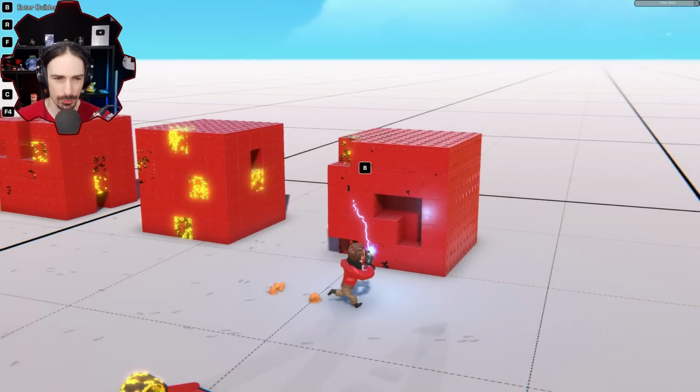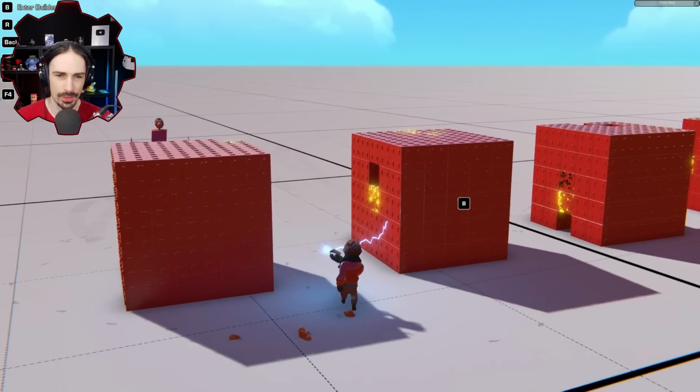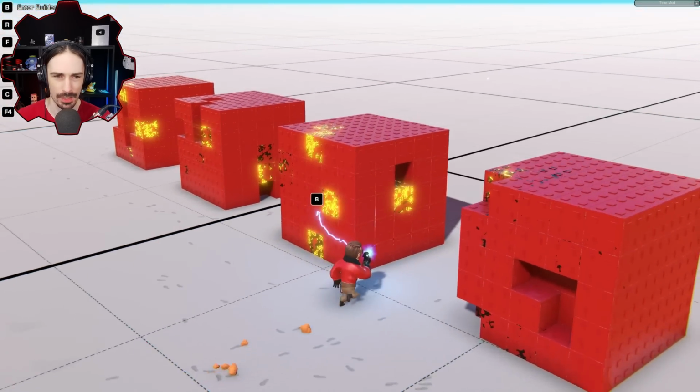So it looks like 1, 2, 3, 4, 5. I'm only going to count the blocks that it destroys. So 5 blocks, 1...